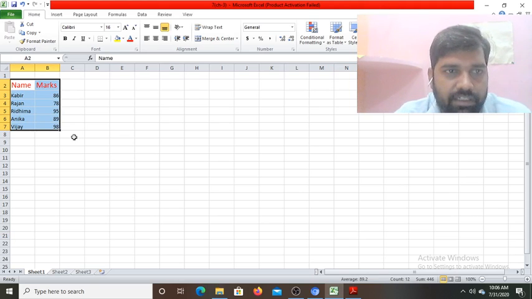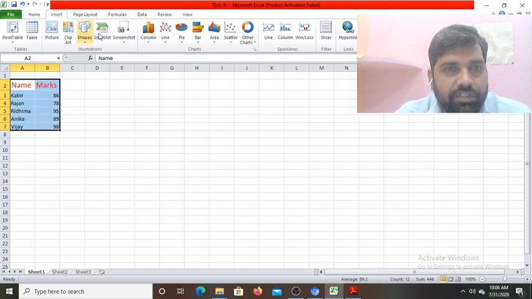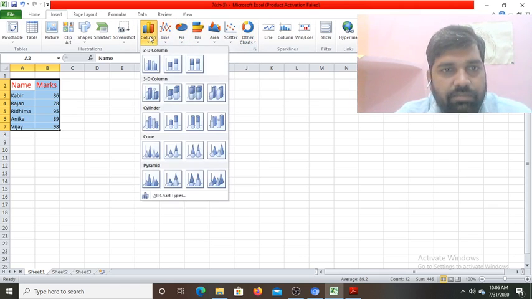After that I go to the Insert tab. This is the Charts group, and in this group you see so many different charts. Select the column. In the column menu you see different designs: 2D, 3D columns, cylinder, cone, pyramid and others.